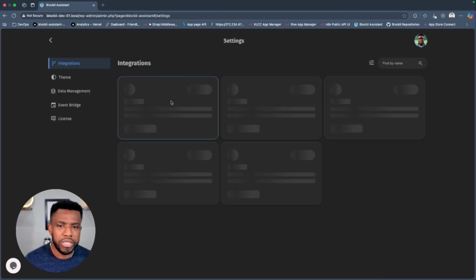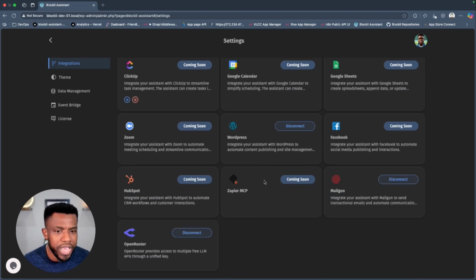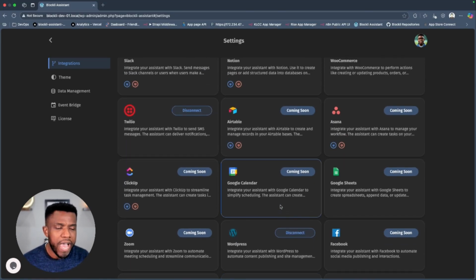Now, let's talk a little bit about the settings page. Here is where we integrate with a whole bunch of other applications. You can connect Slack, Notion, Twilio, Airtable, ClickUp, Google Calendar, Zoom, just name it, anything that you can think about. You can connect them here, and your AI agents will be able to use those tools to perform